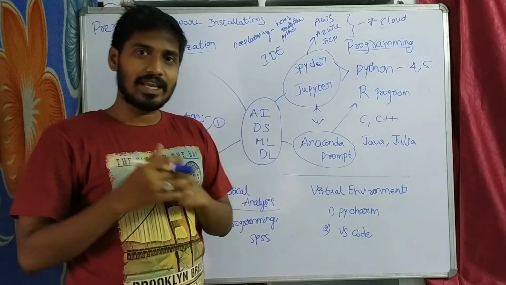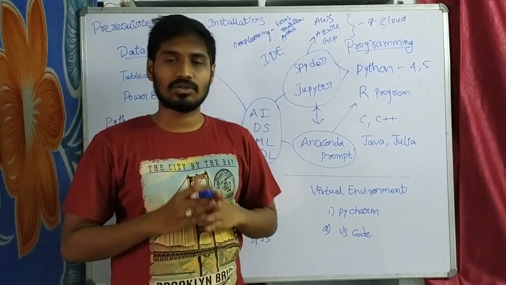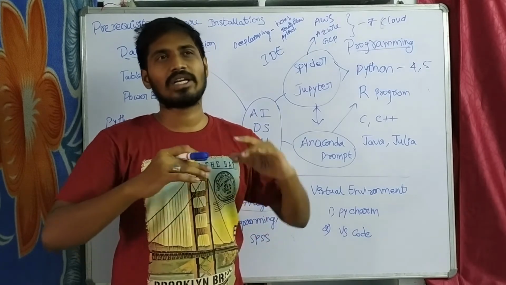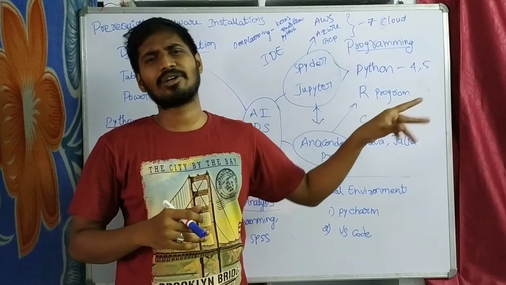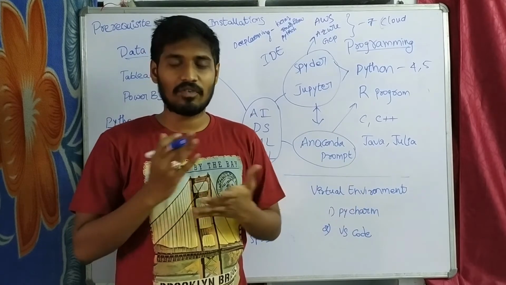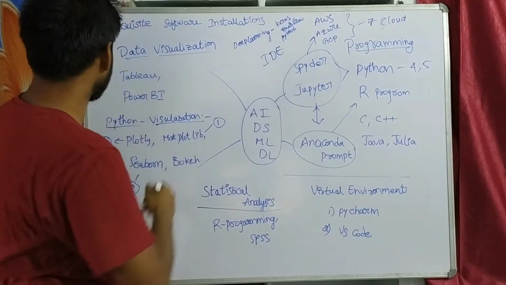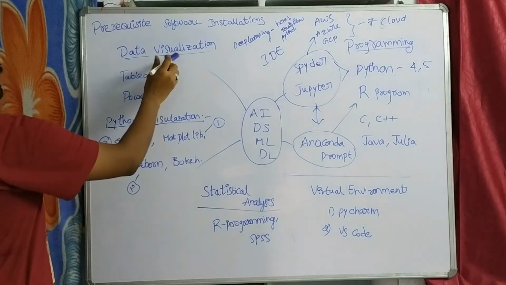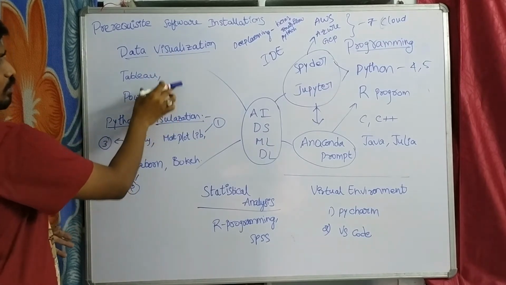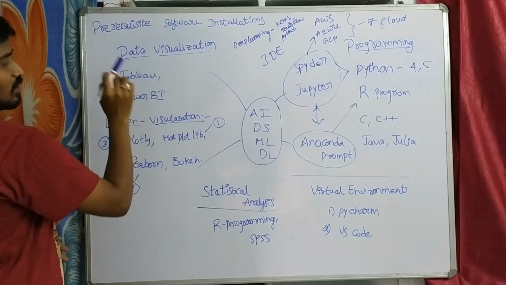For doing EDA, for removing outliers and imputing values, we need a data visualization tool, because a data visualization tool is very helpful to clean the data. Whatever values are base values or not related to that particular case, but still the value came, no one knows how it came. So we need to clean such kind of data. For that, a data visualization tool is very helpful to us, guys, trust me. Generally data visualization has some separate softwares. One is Tableau, second one is Power BI. Both softwares are really helpful for different applications. This is the first version, and this is the advanced version compared to Power BI.